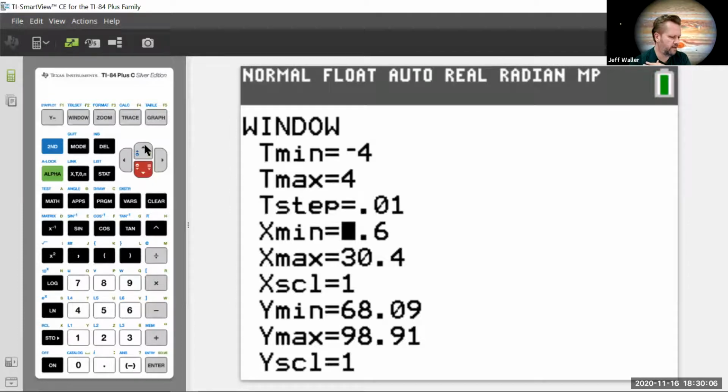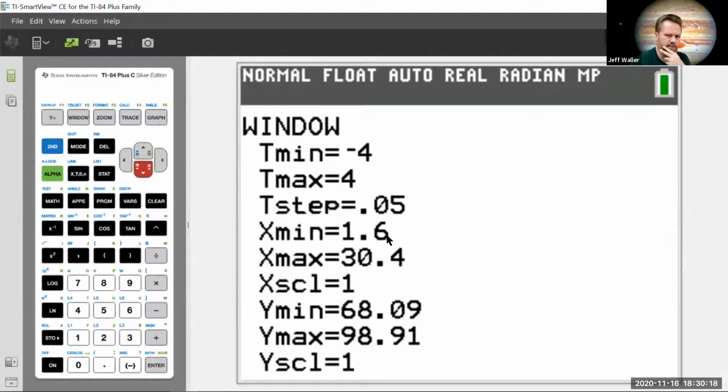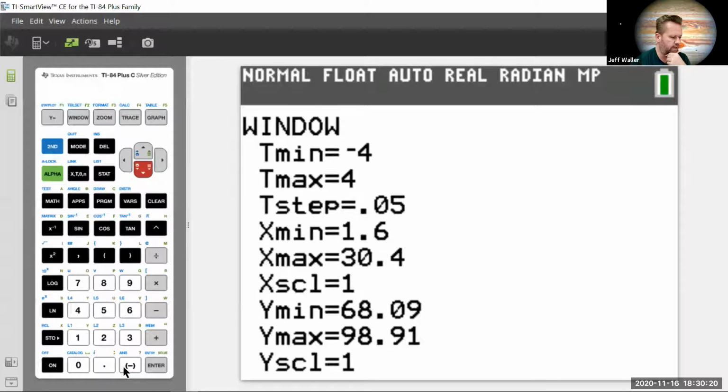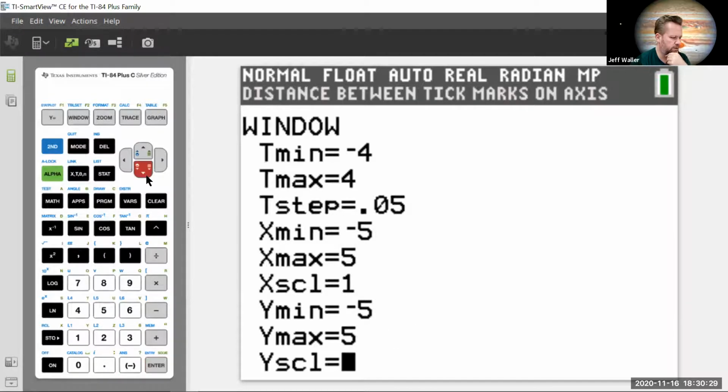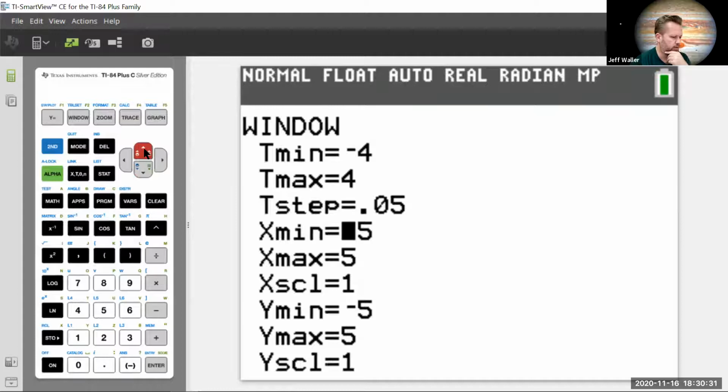Oh, okay. Depending on your calculation ability, I would make it at least 0.05. That just gives us more resolution. And I'm going to make this have the same scale that it did, so from -5 to 5, right? That's the scale on our paper. And then y from -5 to 5 as well. Everybody with me on that? I'm going to make it the same scale as the graph on our paper. So now if I just hit graph,